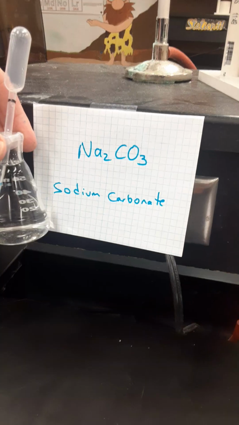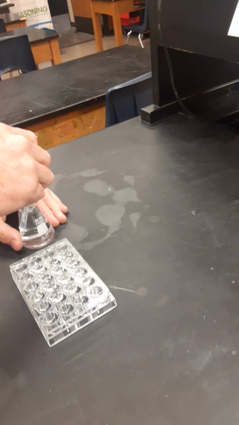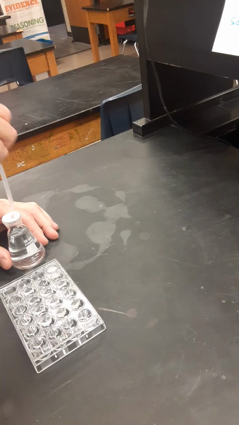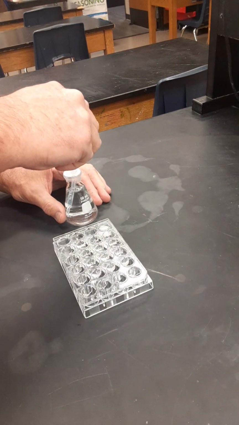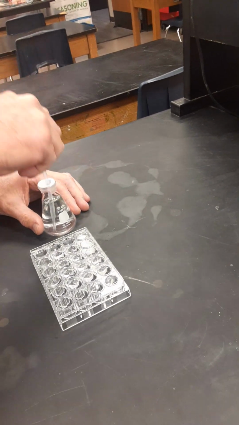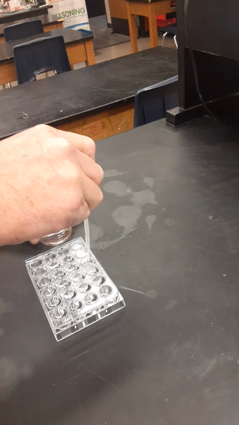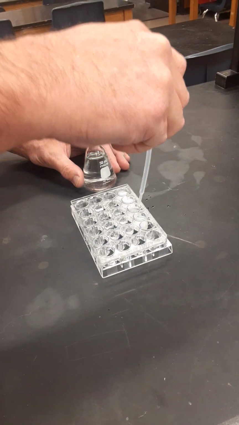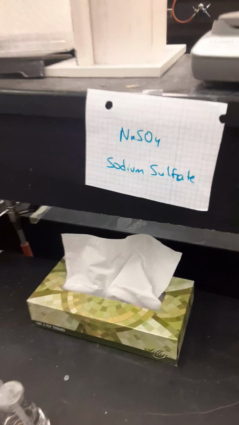Now, we're going to come over here and we're going to work with sodium carbonate. Okay, and then we're going to fill to the Sharpie line and we're going to add that to A1, A2, A3, and A4. So all across the top. Then we'll move to the next station and we'll be dealing with sodium sulfate, and we'll fill to the Sharpie